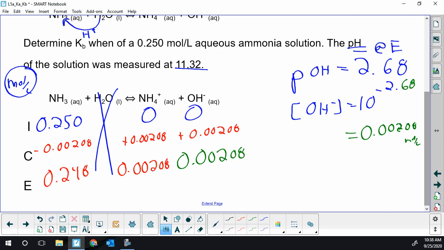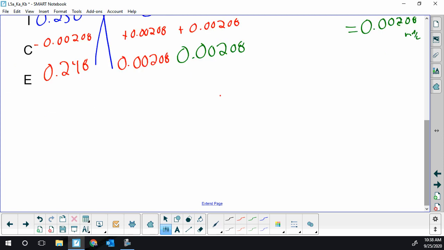Now, I've talked about the changes being small and being able to drop them for the initial acid or base, but we only need to do that when we have an X and we don't want to do the math. If I know the small amount, there's no reason not to use it and do that tiny change. So only drop it when it's a variable and you're trying to simplify your math. So I'll solve Kb and then we'll compare it to the number in the table. So Kb equals